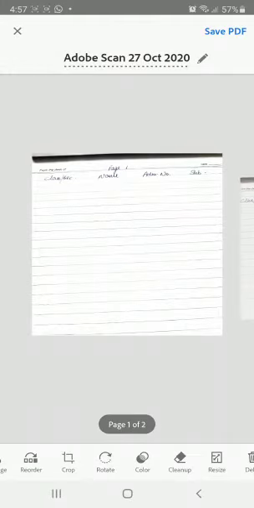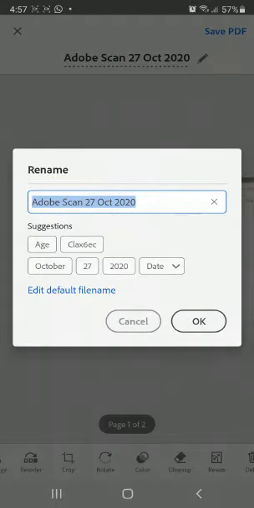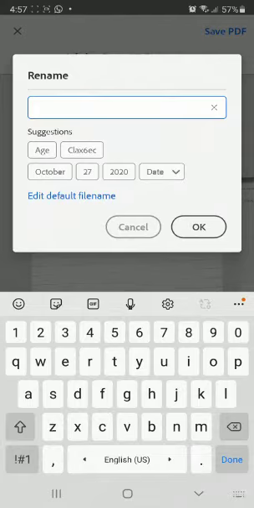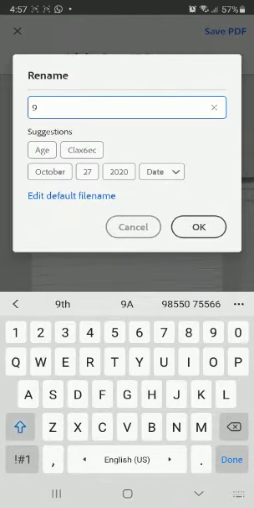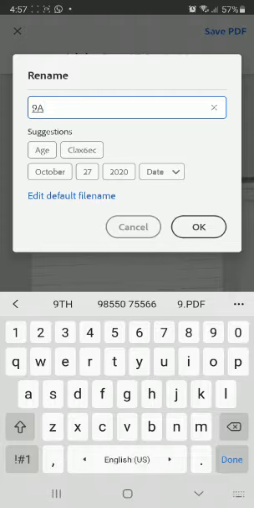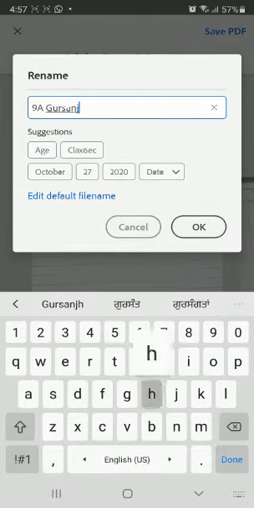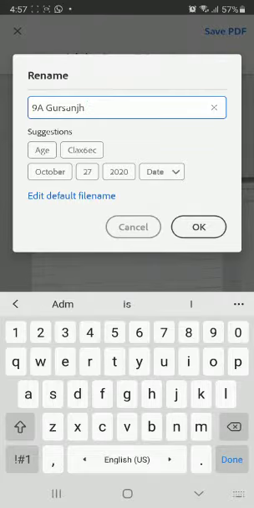Now you have a PDF, but you have to rename it. For this, you will click on the previous name and this screen will appear. Click on cross and then rename it. For this, you will write class, section and then your name, for example, Gursanj. Then your admission number. Here I am writing 123. And then you will mention your subject and then click on OK.